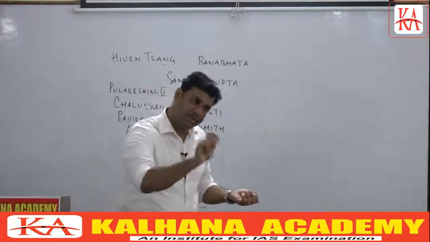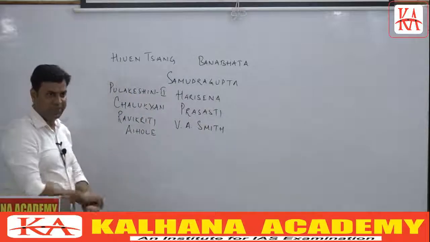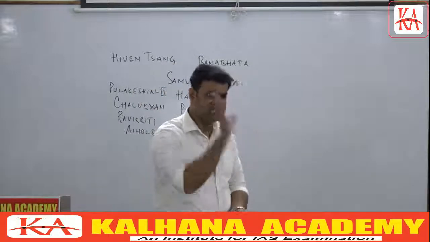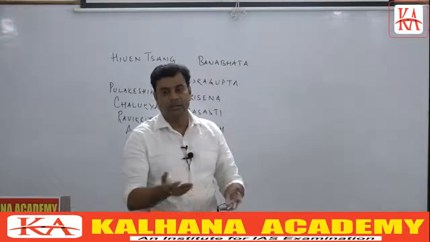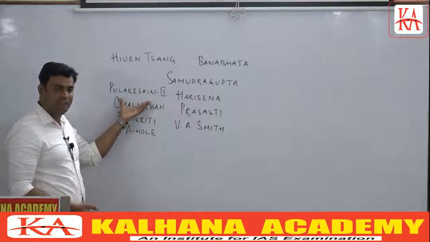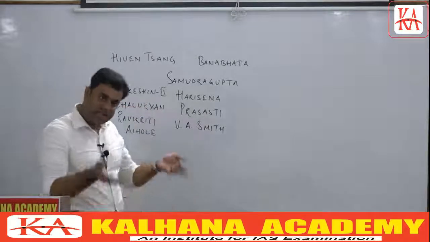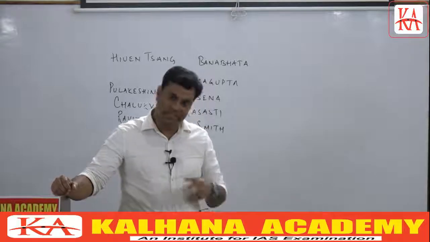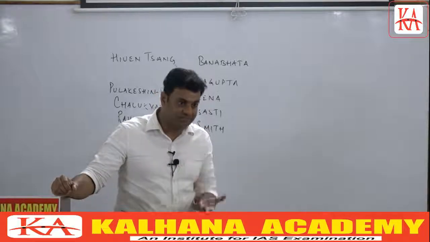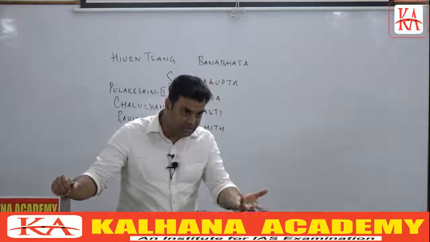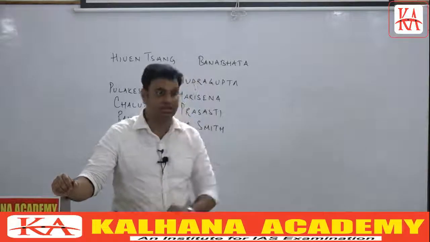But if we compare the accounts of Yuan Chwang, for instance, I'll let you know, clear? Yuan Chwang came to India in the 7th century AD. He has written several wrong things in his account. We'll come to that. First important thing, when he came to India, he declared that Harshavardhana is a great ruler of North India who maintains perfect law and order in his empire. But it is to be understood, Yuan Chwang himself has written that when he entered India, he was robbed of his belongings. Since this Chinese traveler and scholar was himself robbed, how can we say that Harshavardhana maintained perfect law and order at that point of time? This is itself contradictory in nature, clear.